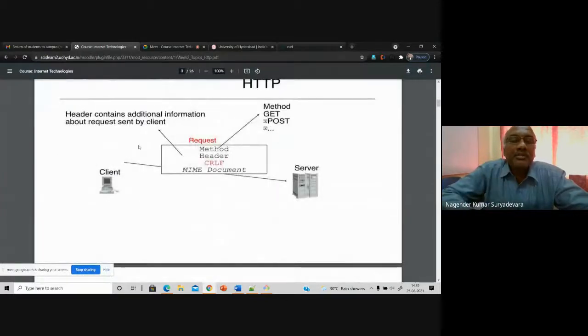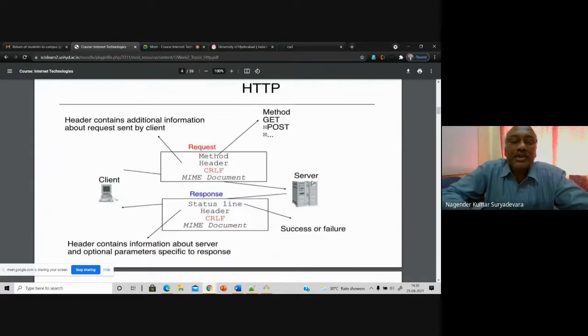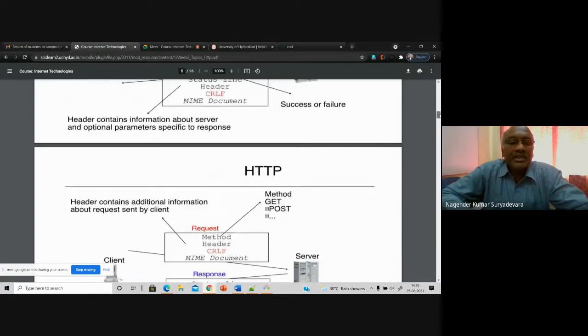A request has been made from the client to the server, and the server is giving some responses. So in the response, what are all the things here? The response will include the status line, the header, and of course the control characters. Similarly, the request also includes the method that you are trying to request from the server. The method is basically GET. It can be GET, POST, PUT, DELETE, and other sets of operations here.